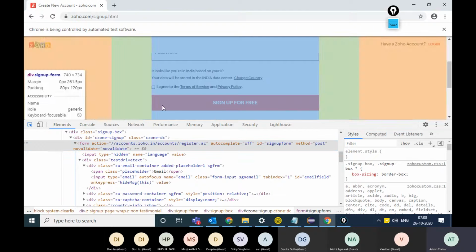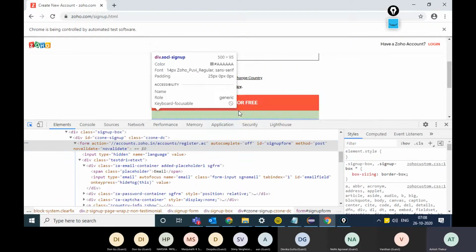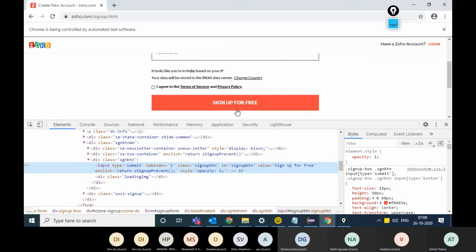For example, if I inspect this button, this is the sign up for free button. It is also a button with the tag name input, and there are many other attributes for this element. So we will be understanding the HTML elements first, and then we will be moving forward and writing the code to interact with those elements.